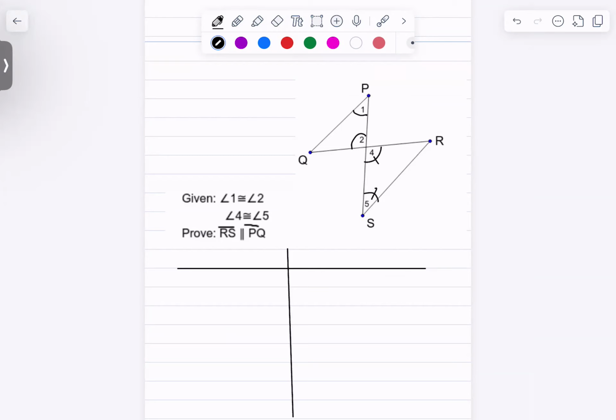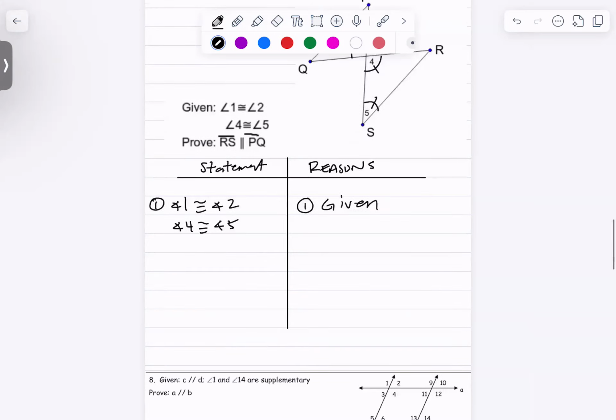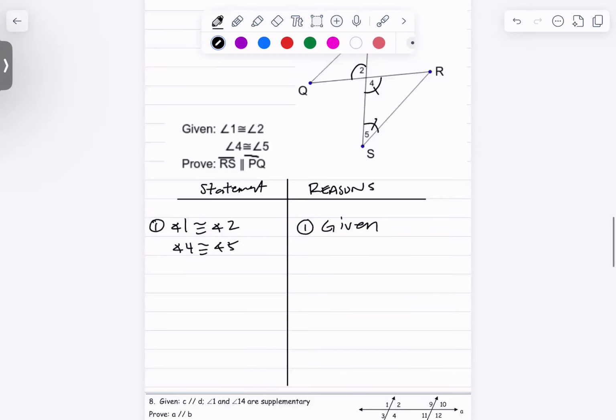So I'm going to start off with my given statement. Angle 1 is congruent to angle 2. Angle 4 is congruent to angle 5 because it's given. And I know all the way down at the end of it, it's going to be RS is parallel to PQ,